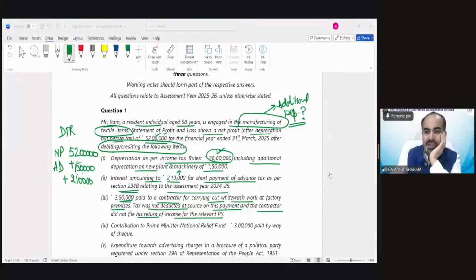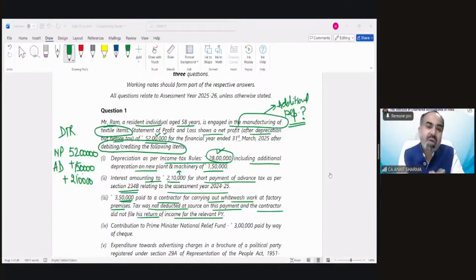Ms. Khushi Gupta says allowed since it is not forming an offense or prohibition of law. I believe, Khushi, you are giving this answer for interest under section 234B, but it is for advance tax. You might have gone through the concept which says indirect taxes are allowed and their interest is also allowed. But in case of direct tax, it is not allowed and their interest is also not allowed. So this is direct tax interest under section 234B, so it won't be allowed. Almas is correct in case of point number 3.